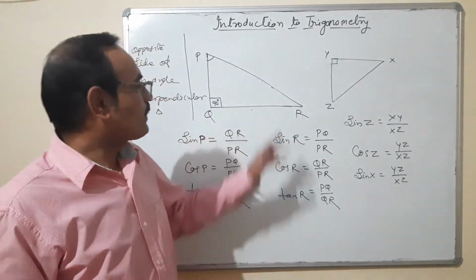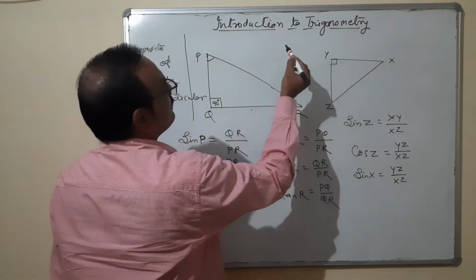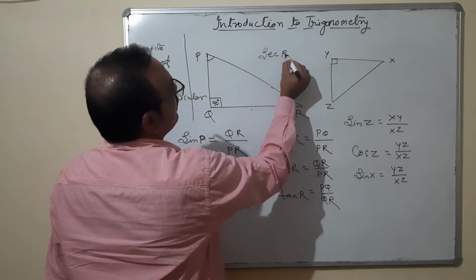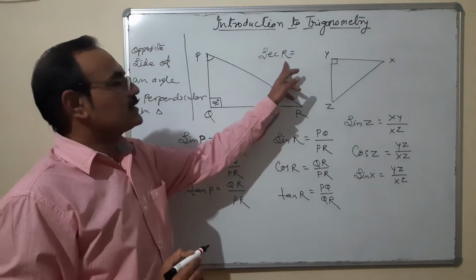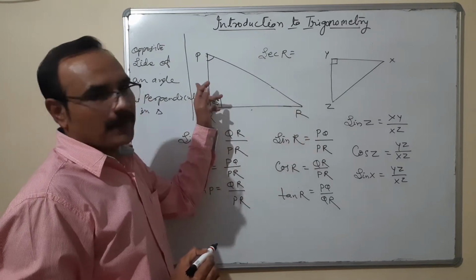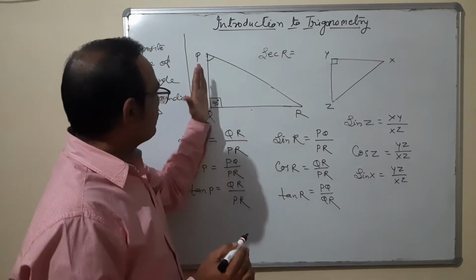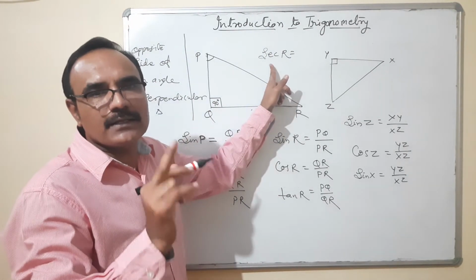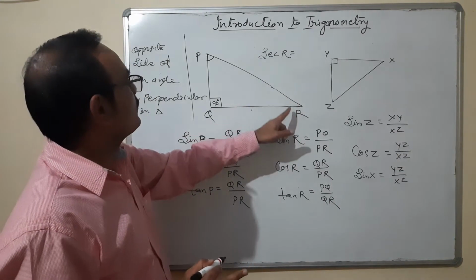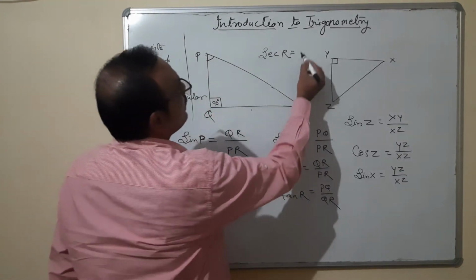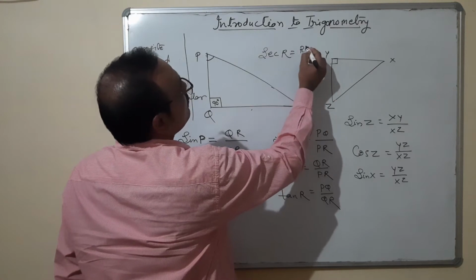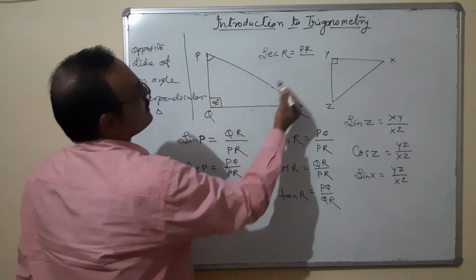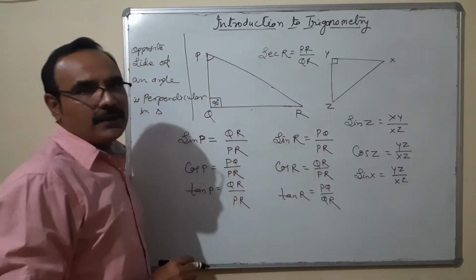Any triangle is given. Suppose I want to write sec R in this triangle. Immediately you can understand, because this is R, its opposite is perpendicular. So now you can decide everything: perpendicular, hypotenuse and base. Because sec is the opposite of cos, and cos is B upon H, so sec is H upon B. What does it mean? Hypotenuse PR upon base. R is perpendicular, so base is QR. Okay. Immediately you can find everything.